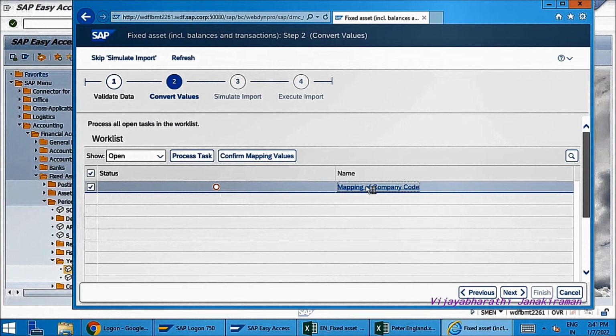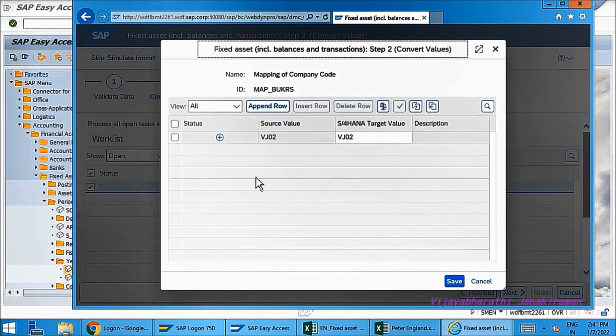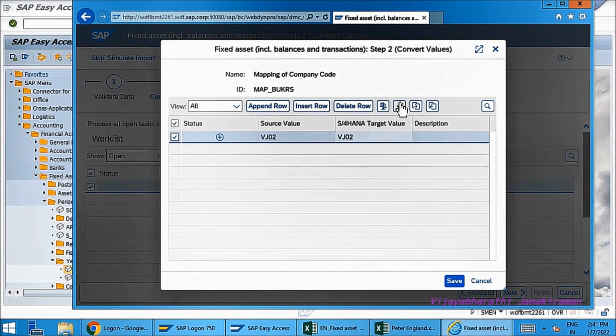Now this row as well, pick this, choose that and click OK, completed and save.